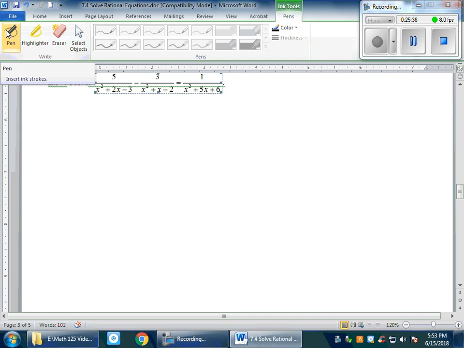Similarly, we're going to multiply by the LCD to both sides. So what we want is to find the least common denominator first. So factor it out first in this case. So 5 over x minus 1 times x plus 3